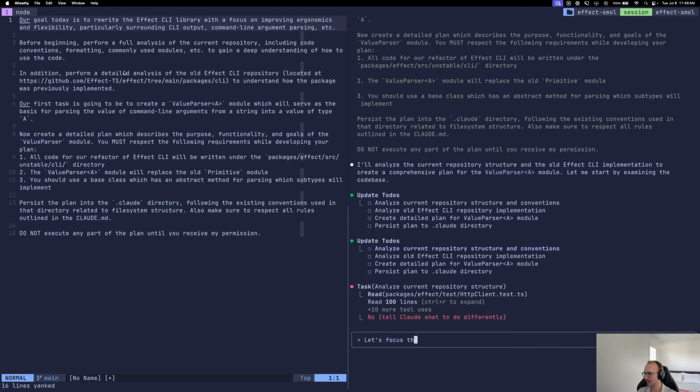Let's focus the analysis of the parent code base on the schema and effect modules. We can add additional modules. We can analyze additional